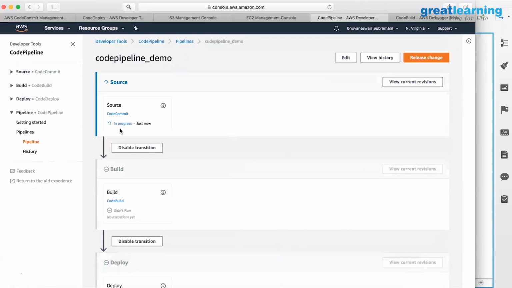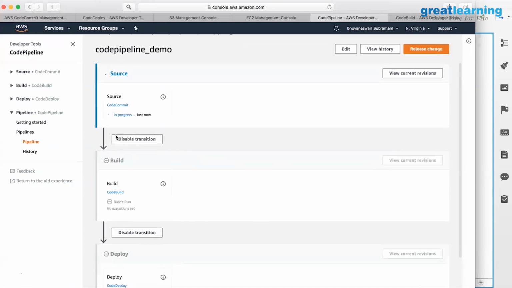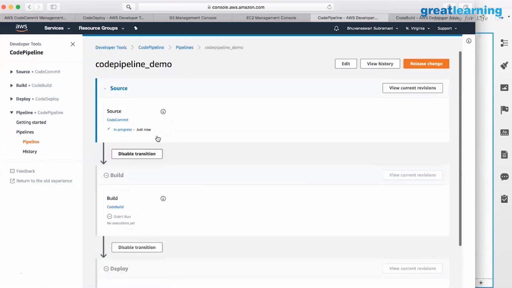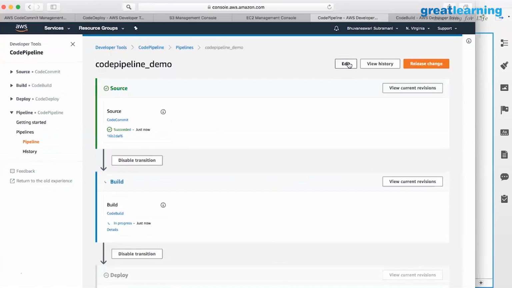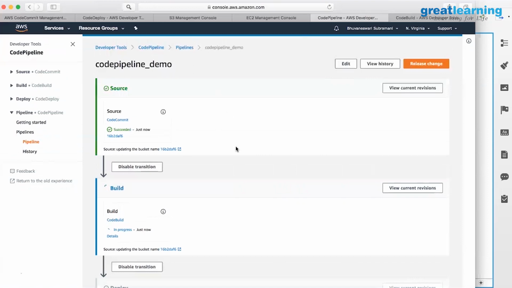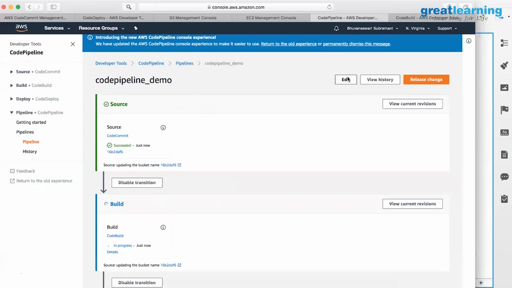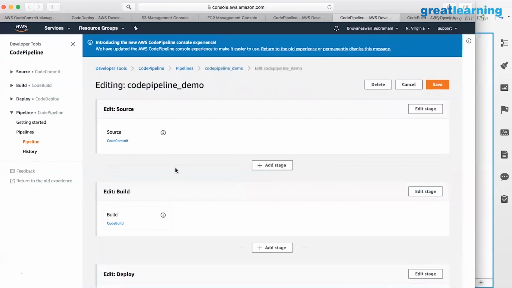So it has started fetching the source already. It's in progress. It'll just take very little time. If you want to disable the transition, you can do so, but now I wanted to show you the full flow, so I'm not disturbing it. While this runs, see, these things haven't run yet, right? While these things run independently, I wanted to edit this and show you about the artifact. Now this is done. The build is happening. So in the interest of time, let me edit this and show you what the artifact storage space or S3 bucket means.